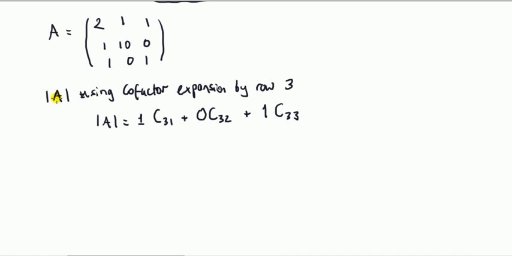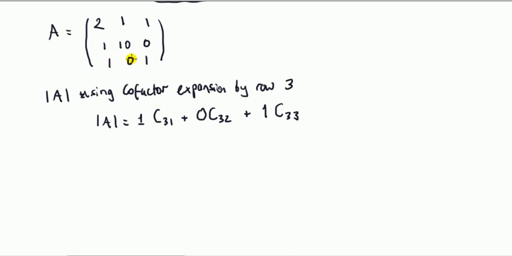So first, finding the determinant of A, I'm going to use the cofactor expansion, and I can expand it by any row or column. I'm going to do it by row 3 because it's easy to compute. I've got to explain what this expansion is. What you do is you pick a row, I'm picking the third row. I take that number and multiply it by the cofactor for that row and that column. So it's 1 times the cofactor for row 3, column 1,